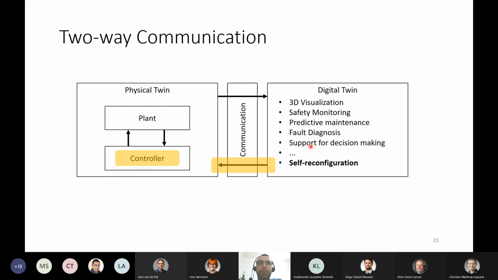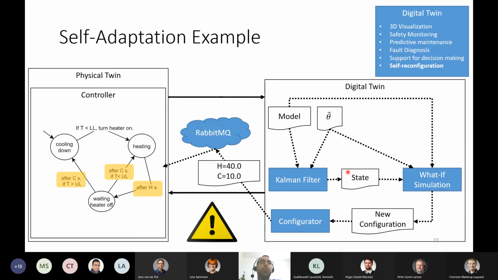It can enable automatic reconfiguration of the system when things change, which makes it a very powerful tool, but at the same time opens a can of worms. Whenever you consider the system to be safety critical, and you allow self-reconfigurations from a digital twin, which is more or less an open-ended framework, there are several safety issues that you have to be aware of. For instance, in our own incubator controller,